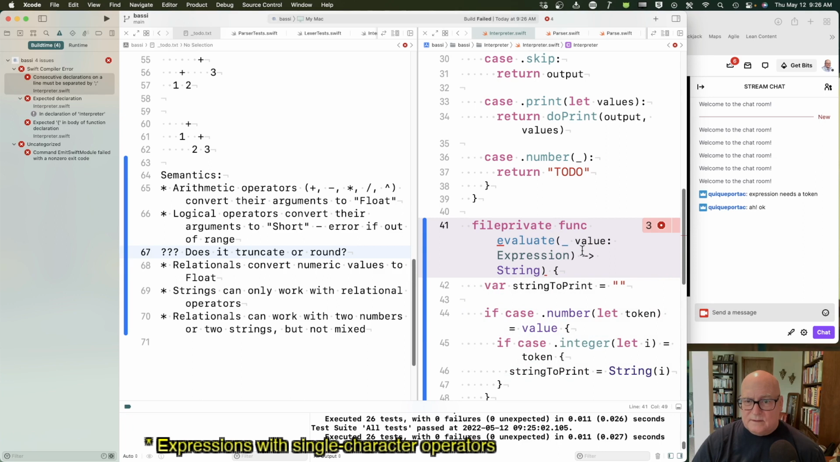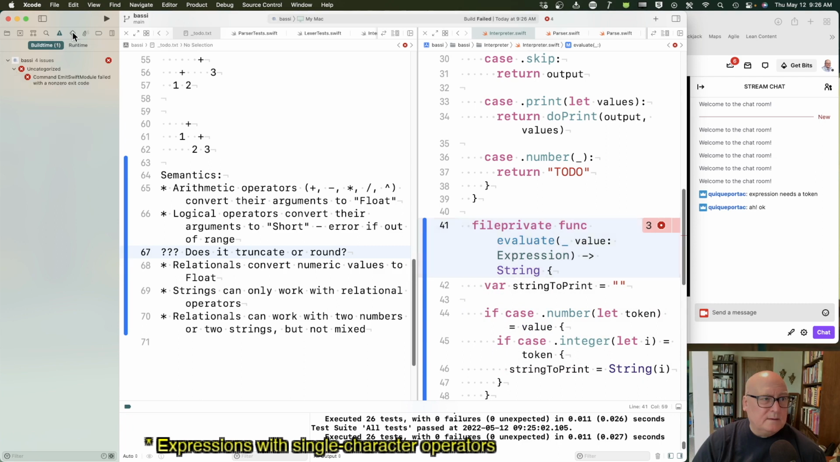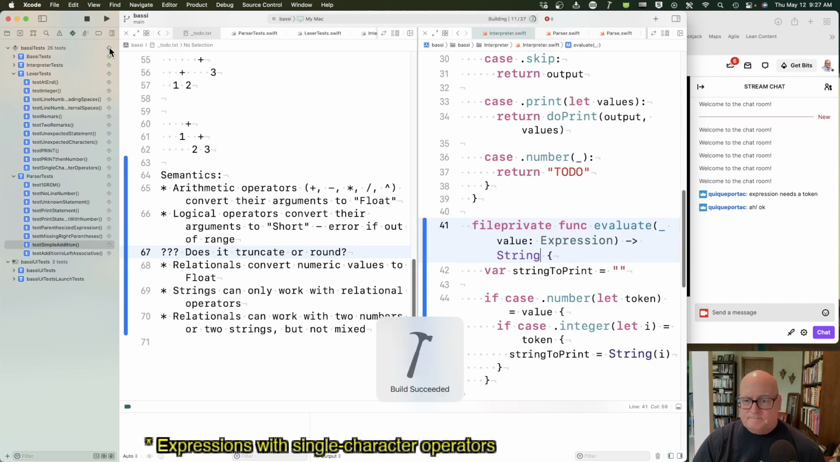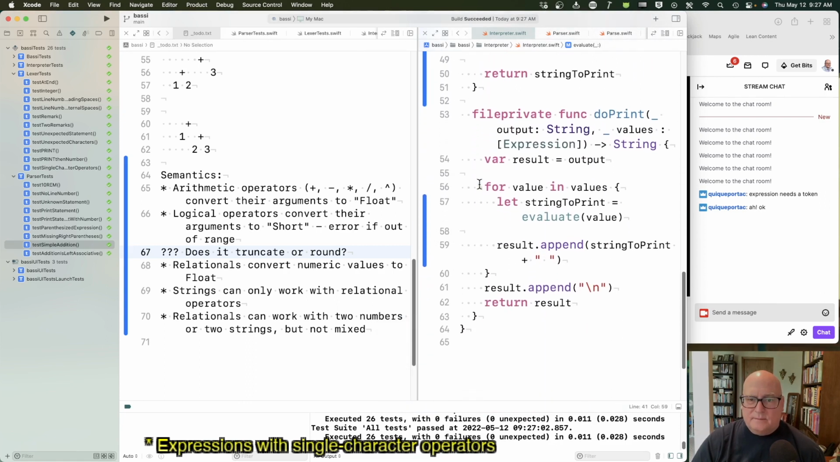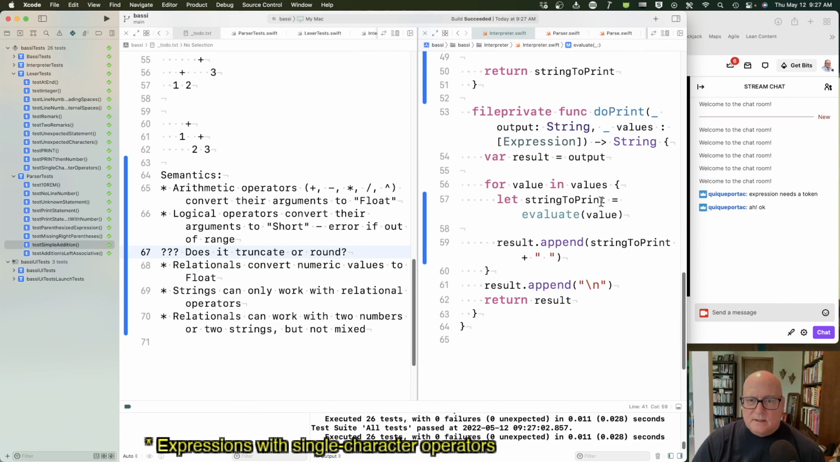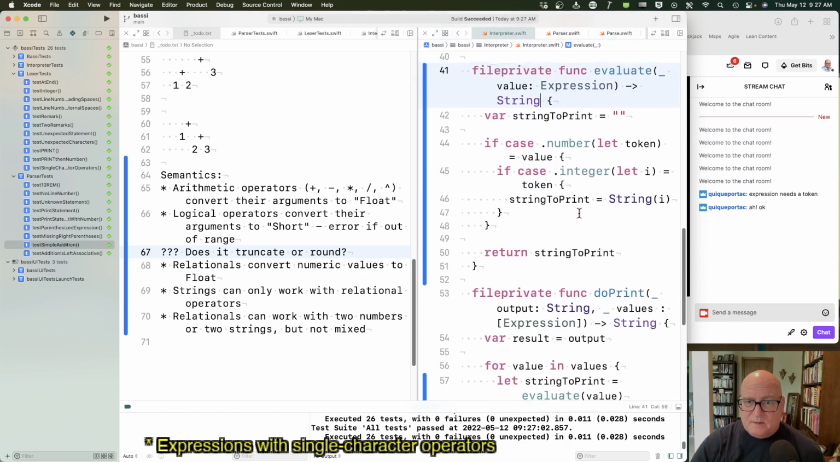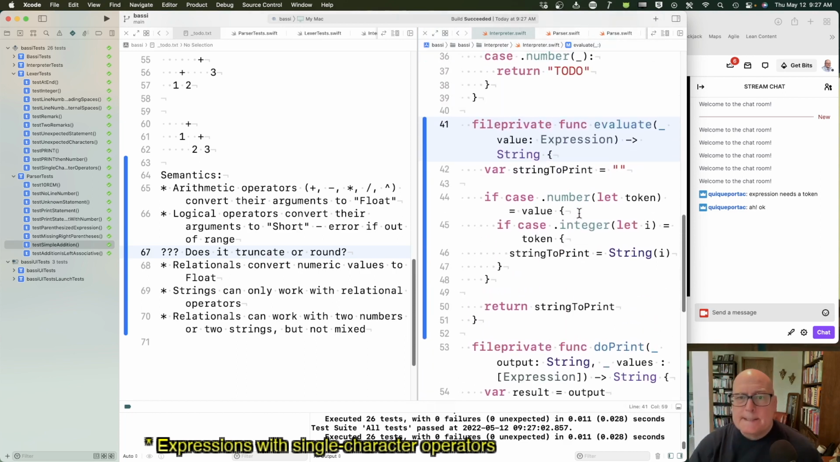Evaluate a value. An expression goes to string. Okay. Evaluate value and get a string to print. That seems much more accurate to me. The printing, the evaluation is a separate, completely separate thing from printing. So let's treat it that way. All right. Now, this is